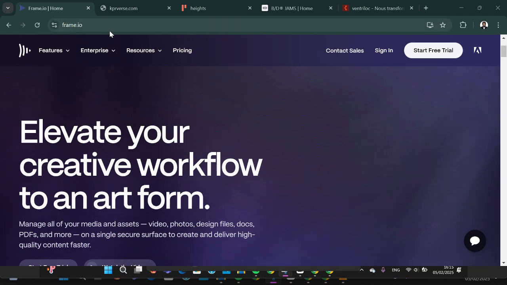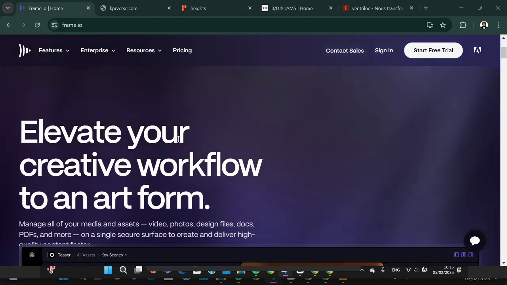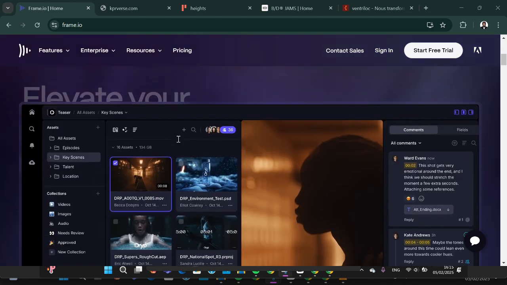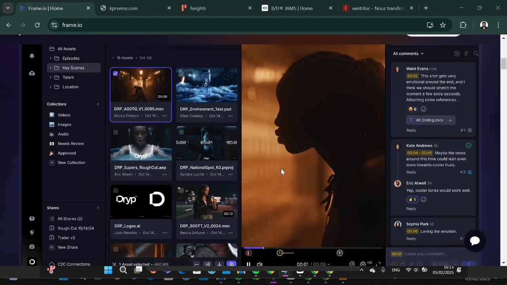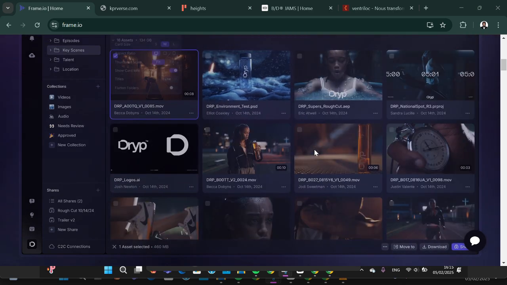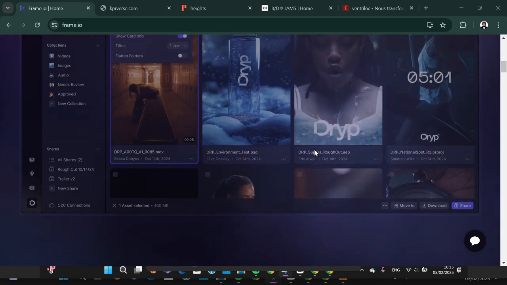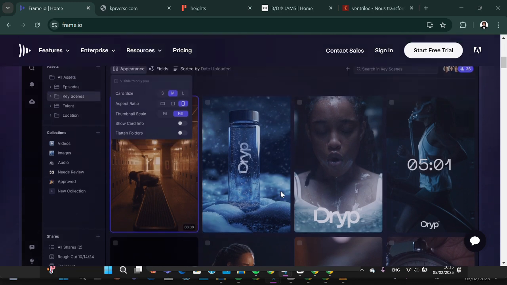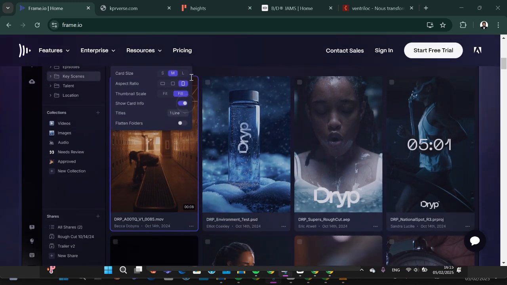You just need to open up your browser and then search for this website, frame.io, and this is how the website looks. And this is an example of the animation we can create with this website. Okay, and then the second one is